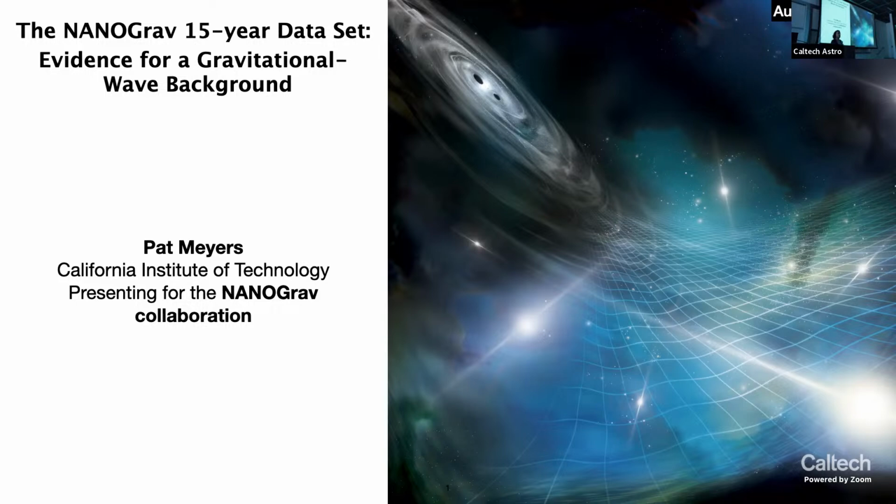And as he's going to tell you, that was a great time to be joining NANOGrav and switching from LIGO stochastic background to NANOGrav stochastic background, because he's about to tell you some first results towards the effort to find this background. So without further ado, we should get started. Take it away.